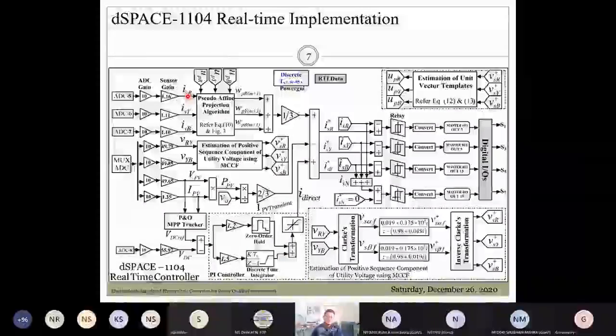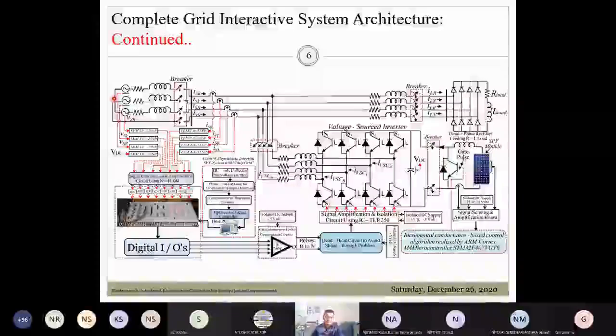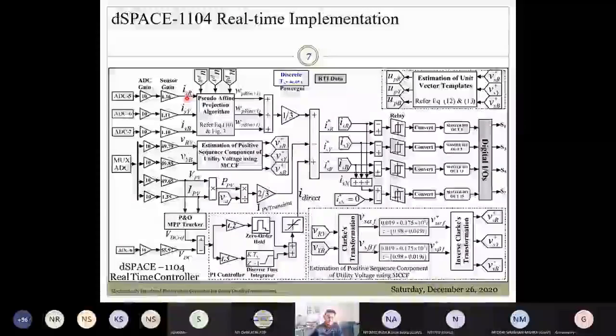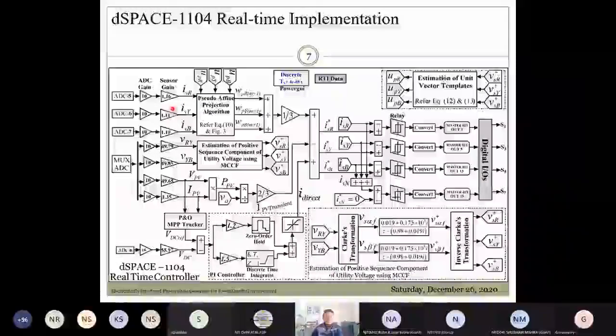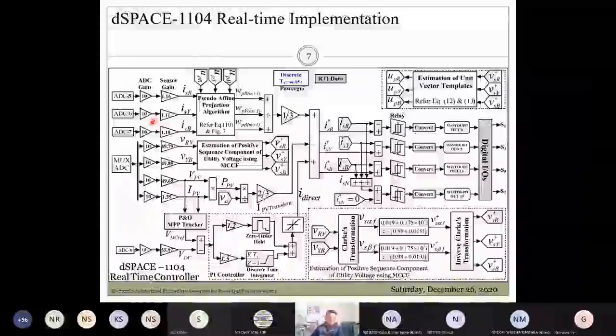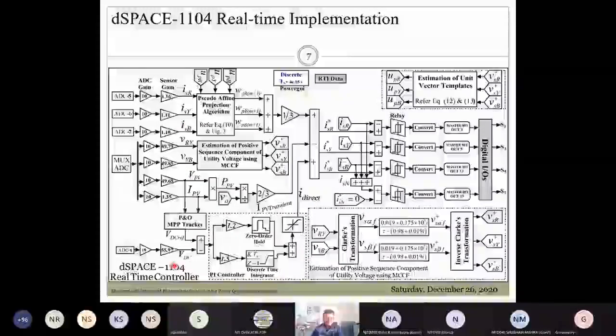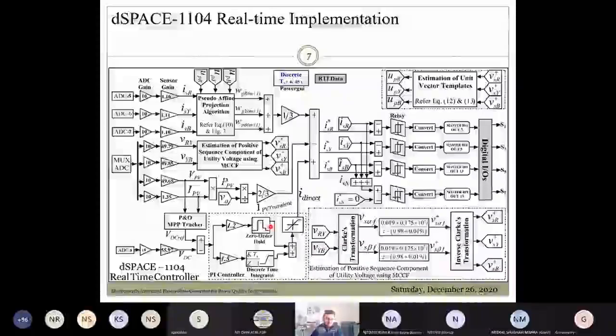So here you have this actual signal which you have sensed. Let's say this 100 volt signal, you will get that 100 volt signal at this point. Similarly, the ADC gains of the other sensors will be multiplied, and you can have the actual signals like 3-phase currents, 3-phase voltages, and VDC. Similarly, you can have the maximum MPP voltage and MPP current.